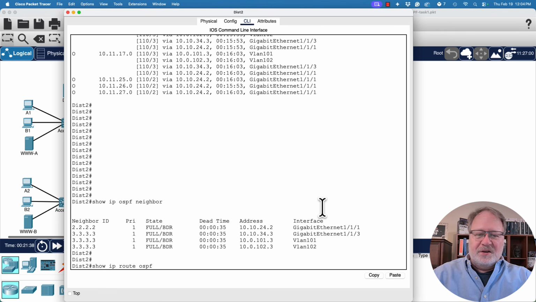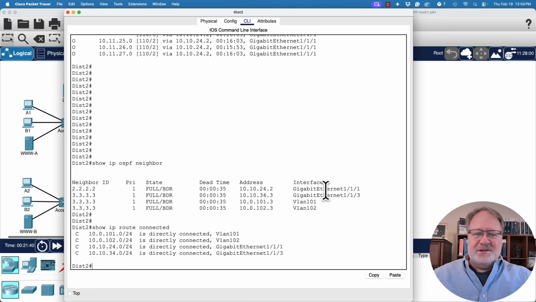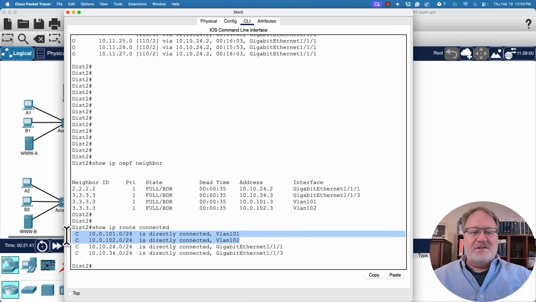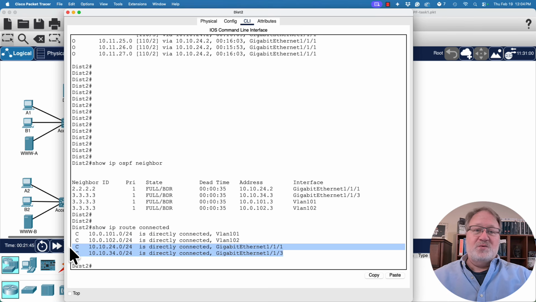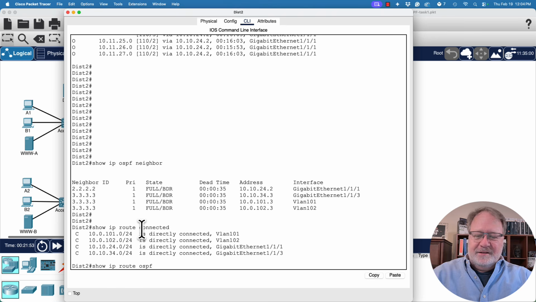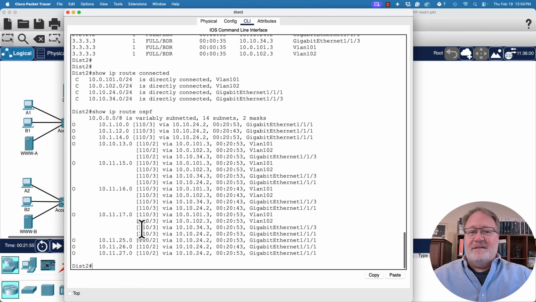Then for the connected routes, here on dist 2, there are connected routes for the 2 VLAN interfaces, and then for the routed interfaces, 1 over to core 2, the router, and then 1 back up to dist 1, all right? And then for OSPF routes, ignoring the routes to transit networks, which per my numbering plan have double digits in the second octet,